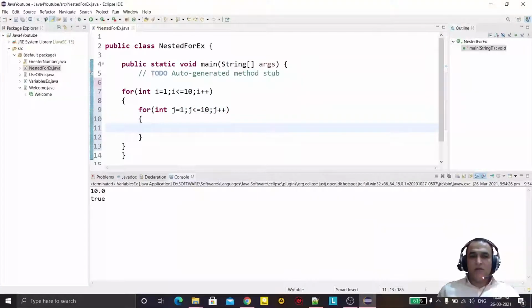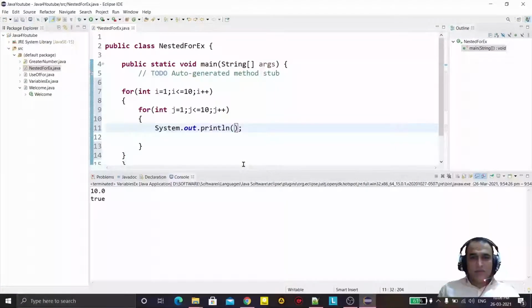Now I will display the value of i and j using system dot out dot println. So I say println, and here I put the value of i and j.